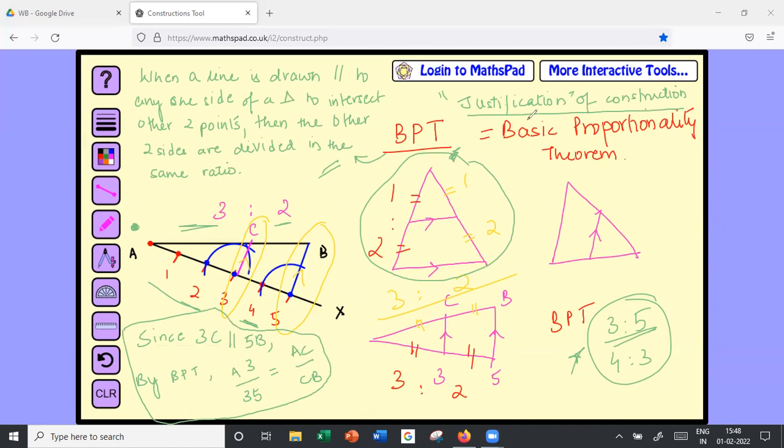Out of all these things, the keyword they are looking for is BPT. Wherever you're writing a justification, write BPT. If you remember, write the full form. If not, just writing BPT is good enough. And write that this is equal. This is what they're looking for. If you write these two things, you'll get marks for justification. You don't need to write essays.